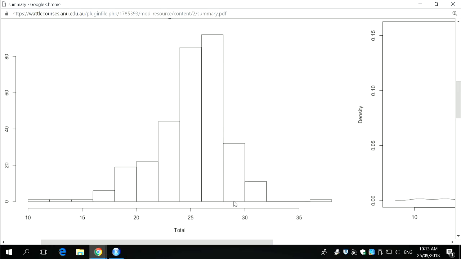So, HD, I'm guessing 29, 28 and above, is probably in that range. 28 might put you in the distinction range near the top, but remember, you've got other pieces of assessment that are going to push marks around, so don't fret too much about that boundary. I'm thinking the D range probably goes down to probably 27, high 26s, something like that. The credit range probably pushes us down to maybe low 20s, okay? 24 maybe, something like that, 24, 23, okay? And then the rest is in the P range, okay?